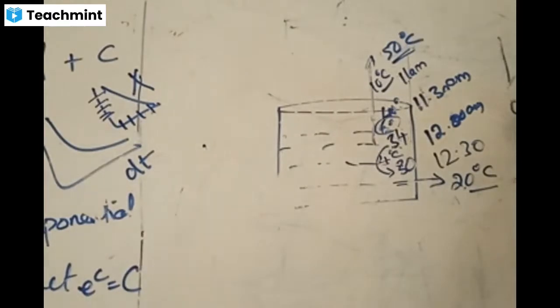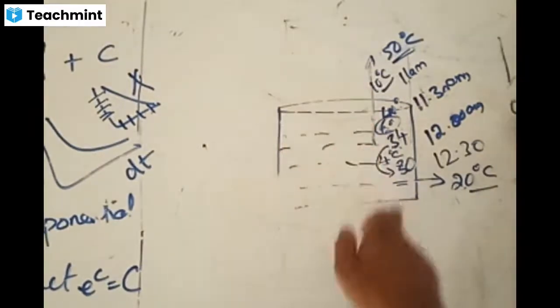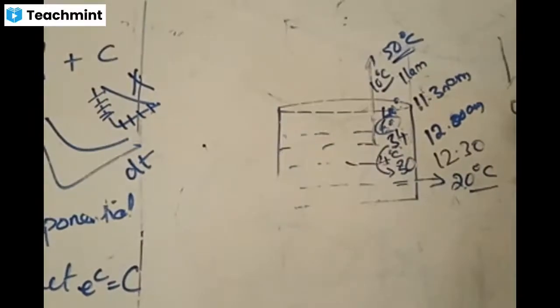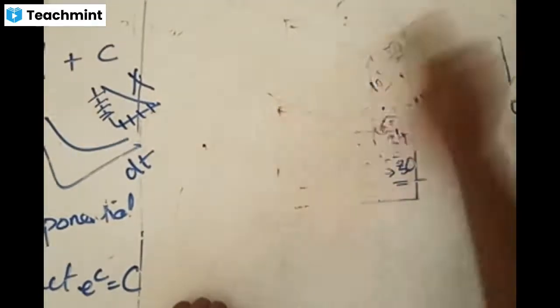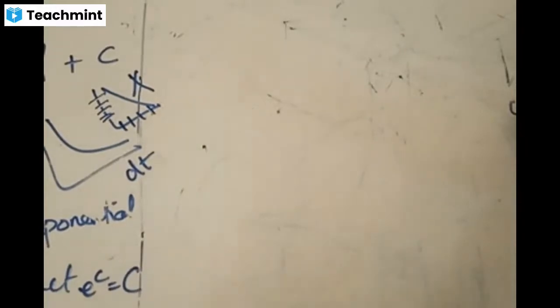One important point is that equal changes of time will not result in equal changes of temperature difference. That is the meaning of exponential form. Is the concept clear? That is what we call exponential form. If it is clear, we now write one mathematical formula to solve problems. Doubt clear, sir. Very good.